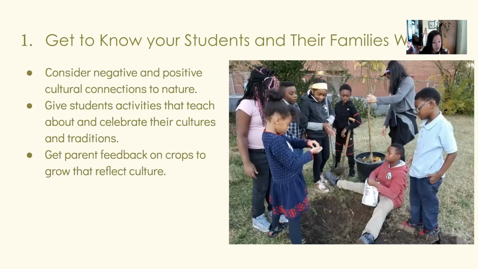One way you could do this is by tabling at an open house or at a parent-teacher conference, setting up a table, and you could simply have a list where families can write down different crops they would like to see in the garden that they would use. But if there is a language barrier with families, you could also do your own research and put pictures of different crops, to make it simple, where they come up and take a sticker and stick it underneath a picture of a crop that they like to use or would like to see in the garden. So there are lots of different ways that you can get feedback.